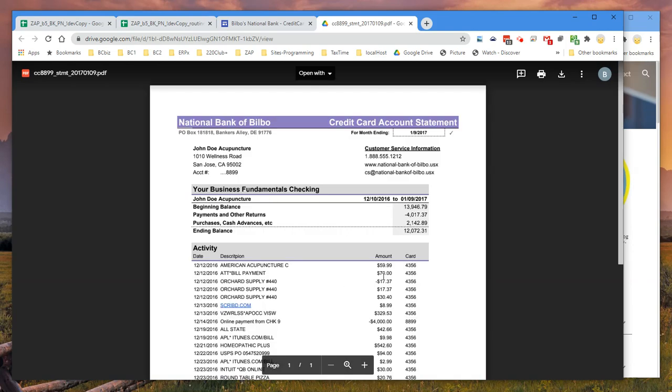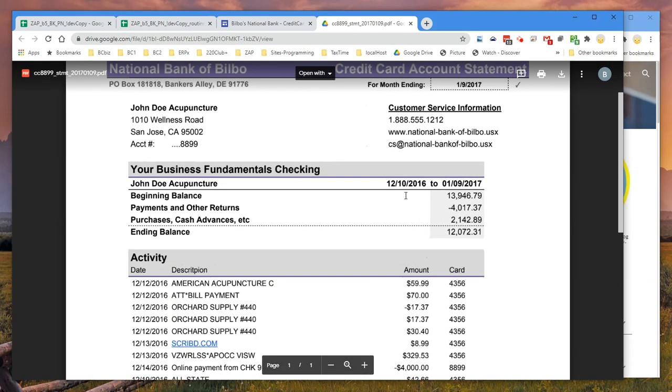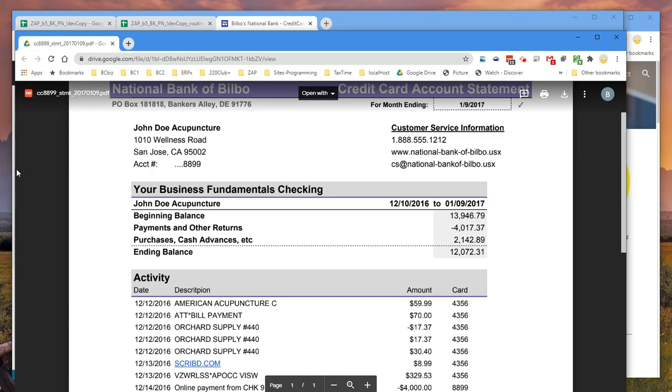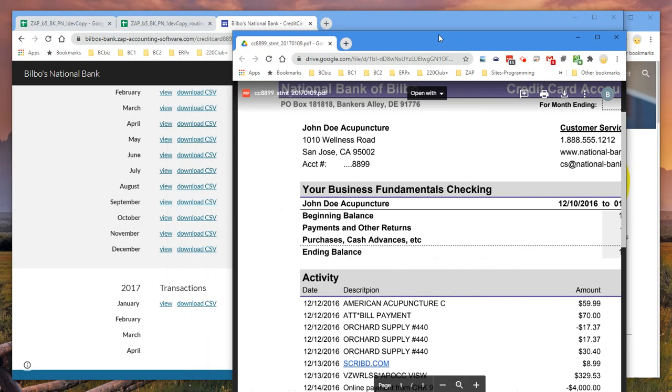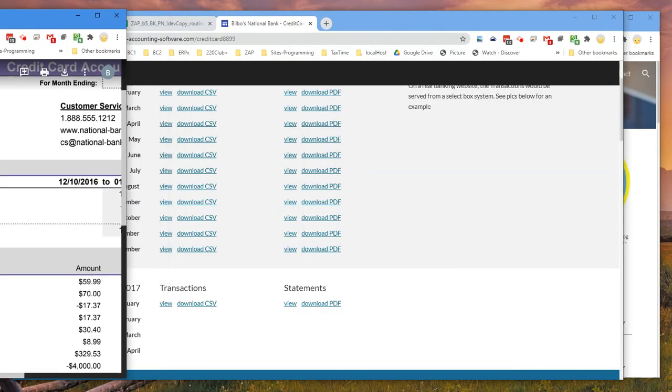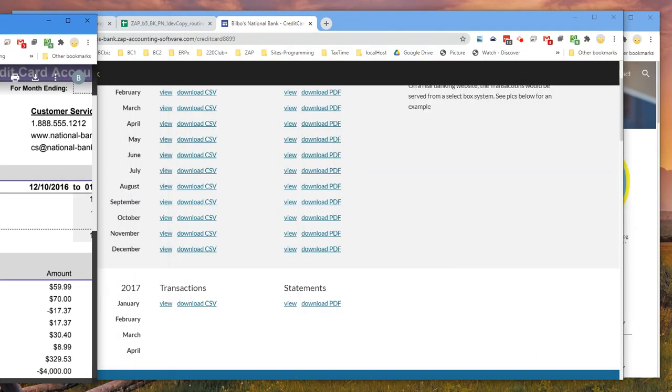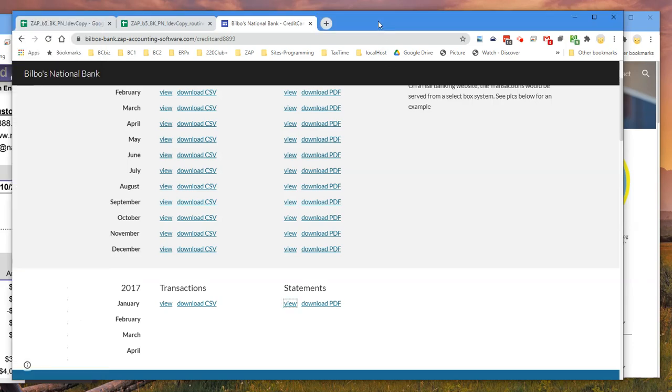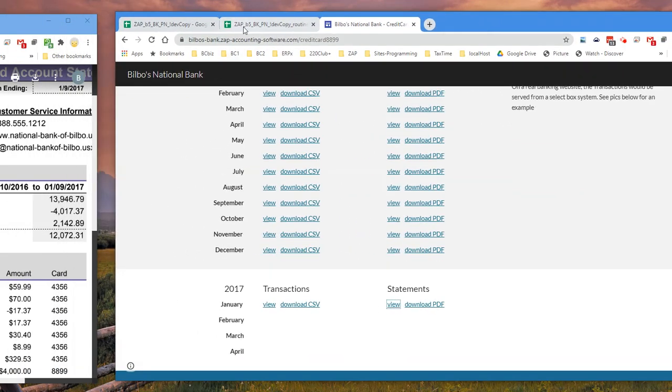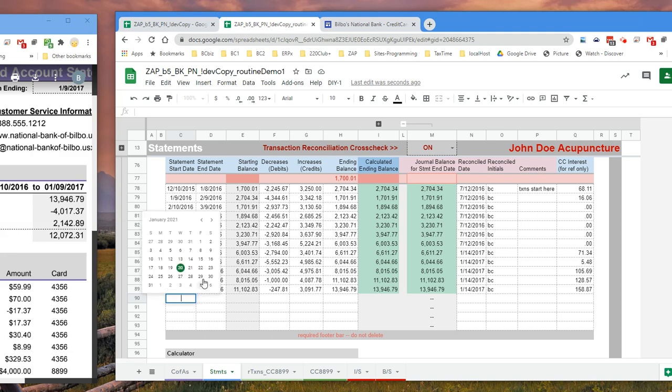Okay. And let's zoom in just a little bit here. 12/10 to 1/9, that makes sense. And there's the numbers I need to enter. I'm going to pop this off. I'm going to slide it to the right, move this off the screen. Actually, I could probably do it this way, can't I? Let's see if I can do it this way. And this one, I'm going to slide over here a little bit. And so what I need to do is I'm going to grab this date and drag it down. And I'm going to get 12/10. That's what I start with, right? Yep, 12/10